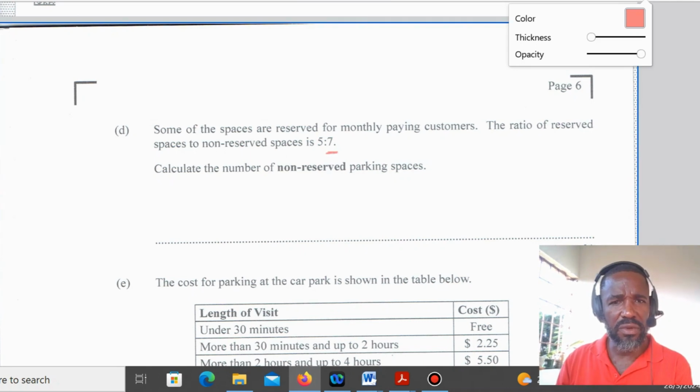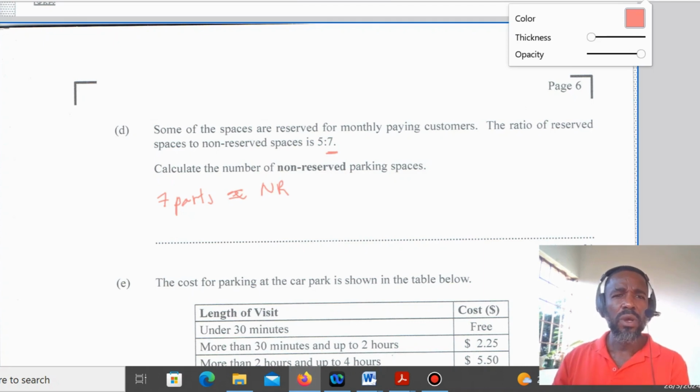But this 7 parts represents the non-reserved, and I'm just going to write NR, right? Now, whenever we're doing ratio, we have 5 plus 7, so the number of parts is equal to 12 parts. So we have 12 parts. So we want to know what fraction of 12 is 7. So we have 7 over 12